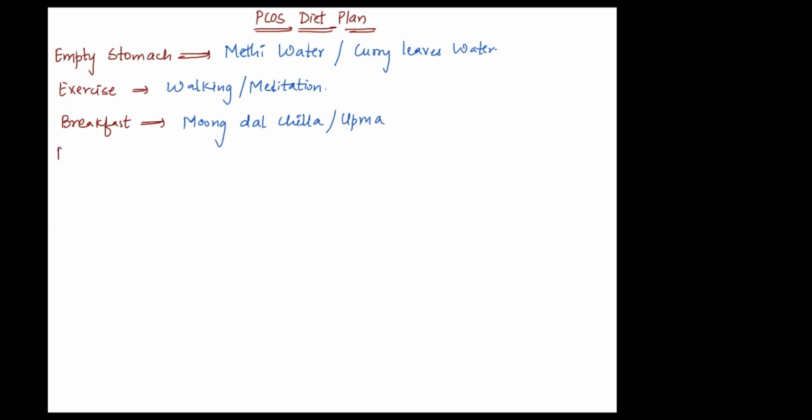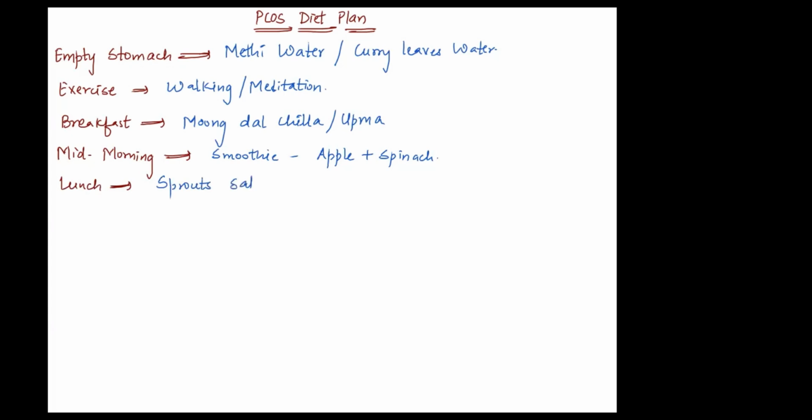Mid morning you can give something like smoothie juice, as I suggested to you in the previous slide. As I discussed in the weight loss part, the smoothie should have the combination of fruits and vegetables. Okay, so it can be apple spinach or anything of your choice. Lunch you can give sprouts,